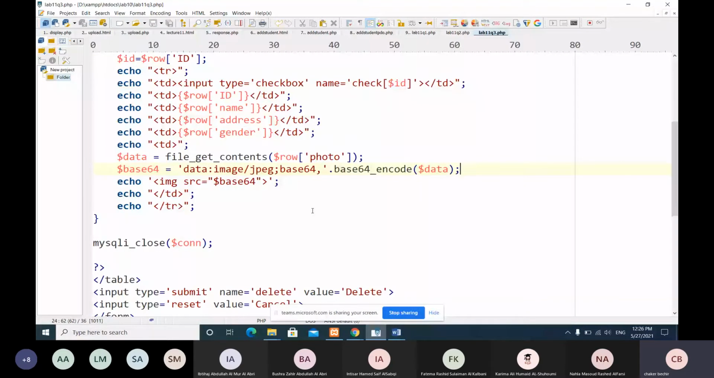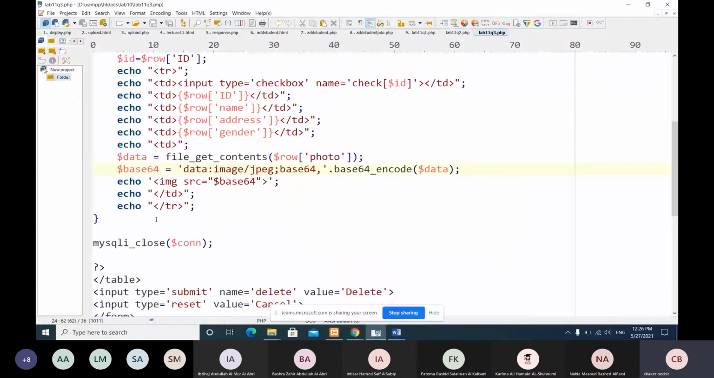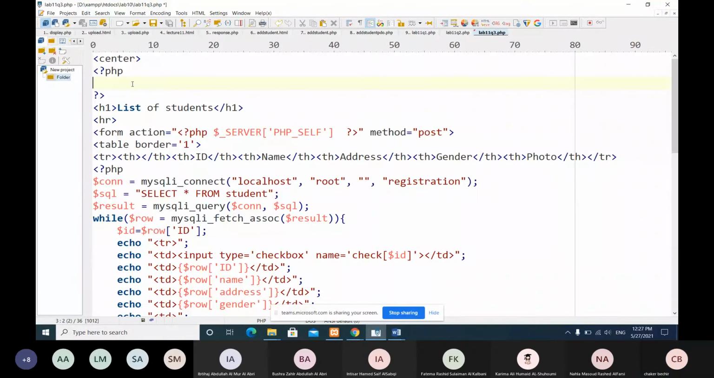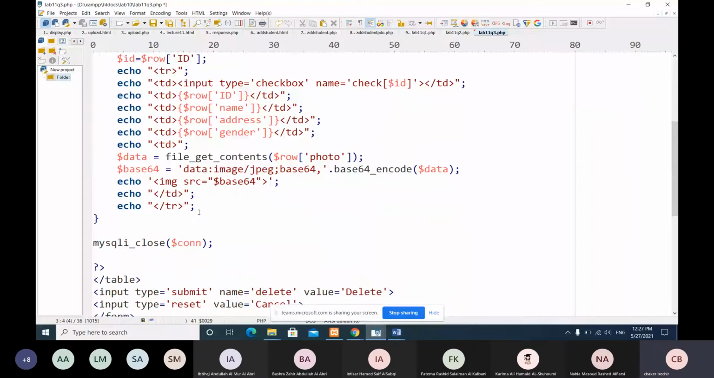So I want to do what? I want, for example, when I select this and this and click delete, it will be deleted from the table student. Okay? So here we need to do the processing. So our processing, I will do it here, up. So here I will check whether the submit button is pressed or not. What is the name of the delete? Yes. So if array